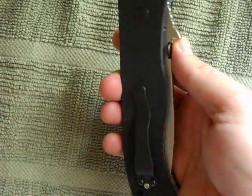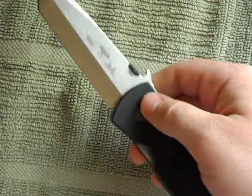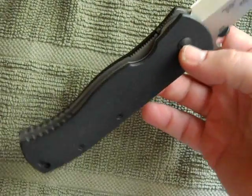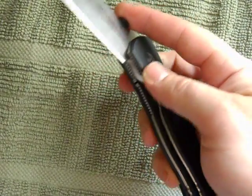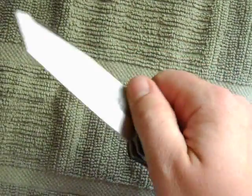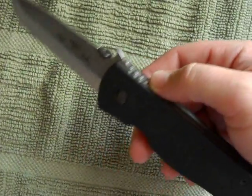Hey everybody, I just got this the other day. This is my Emerson Super CQC-7. I've been wanting one for a while now. There are three different sizes of these. They make a mini CQC-7, a regular CQC-7, and then they also make a Super CQC-7, which is